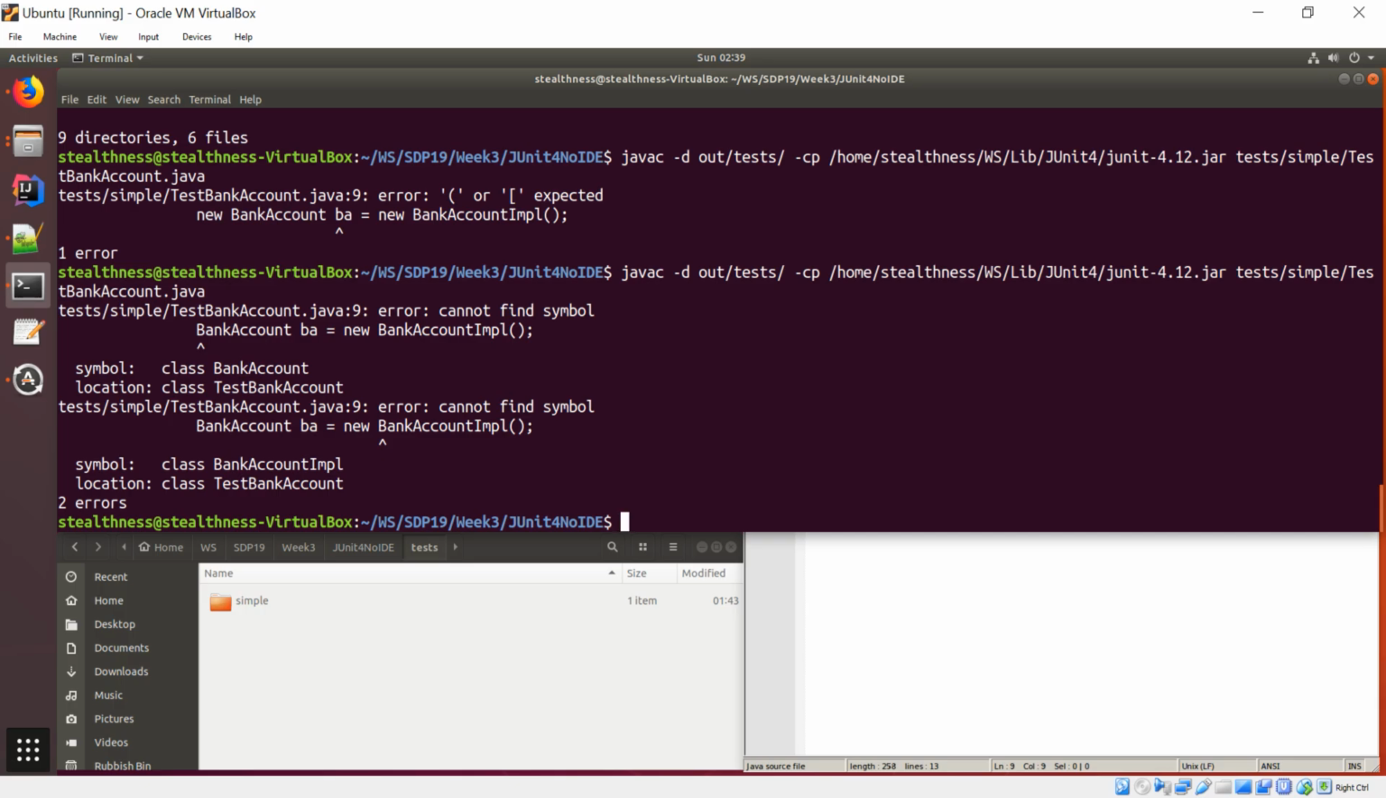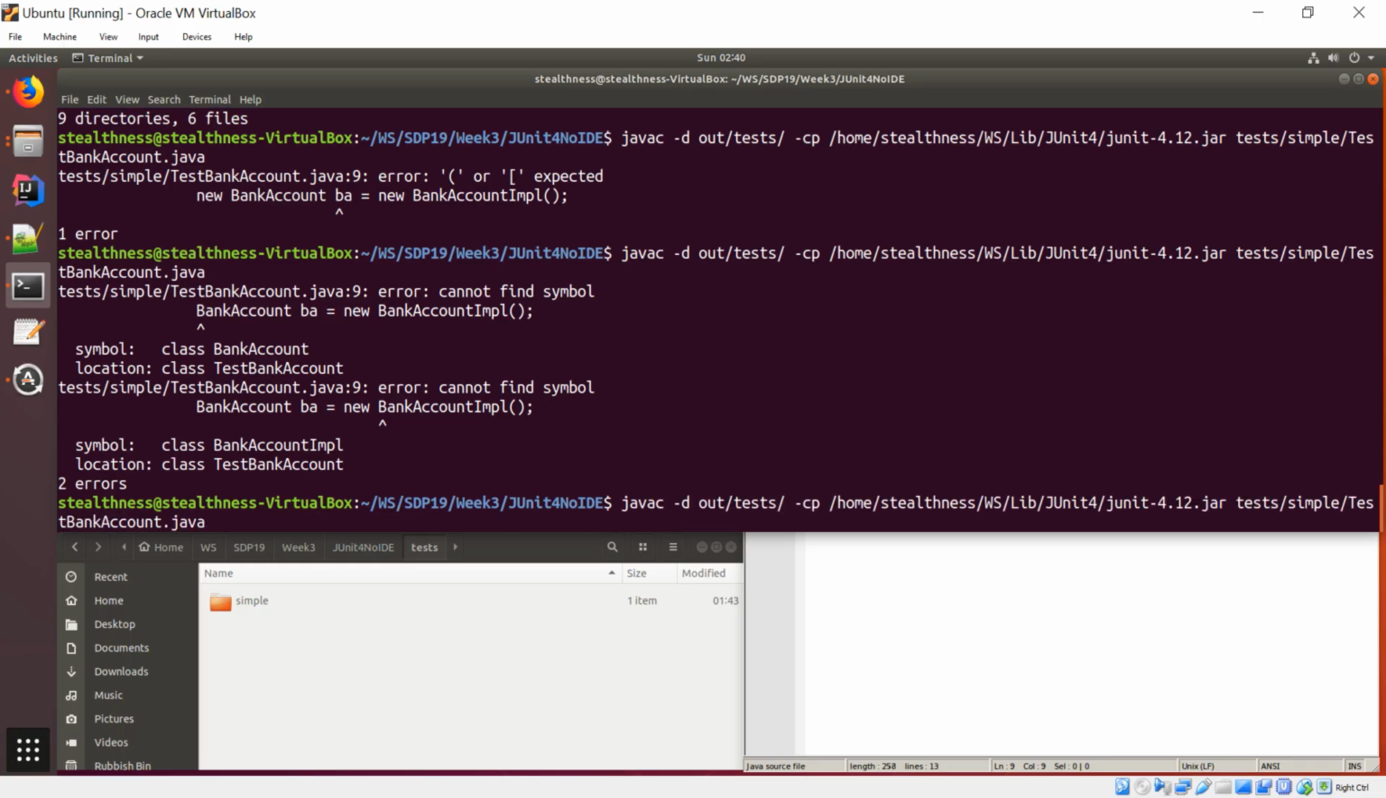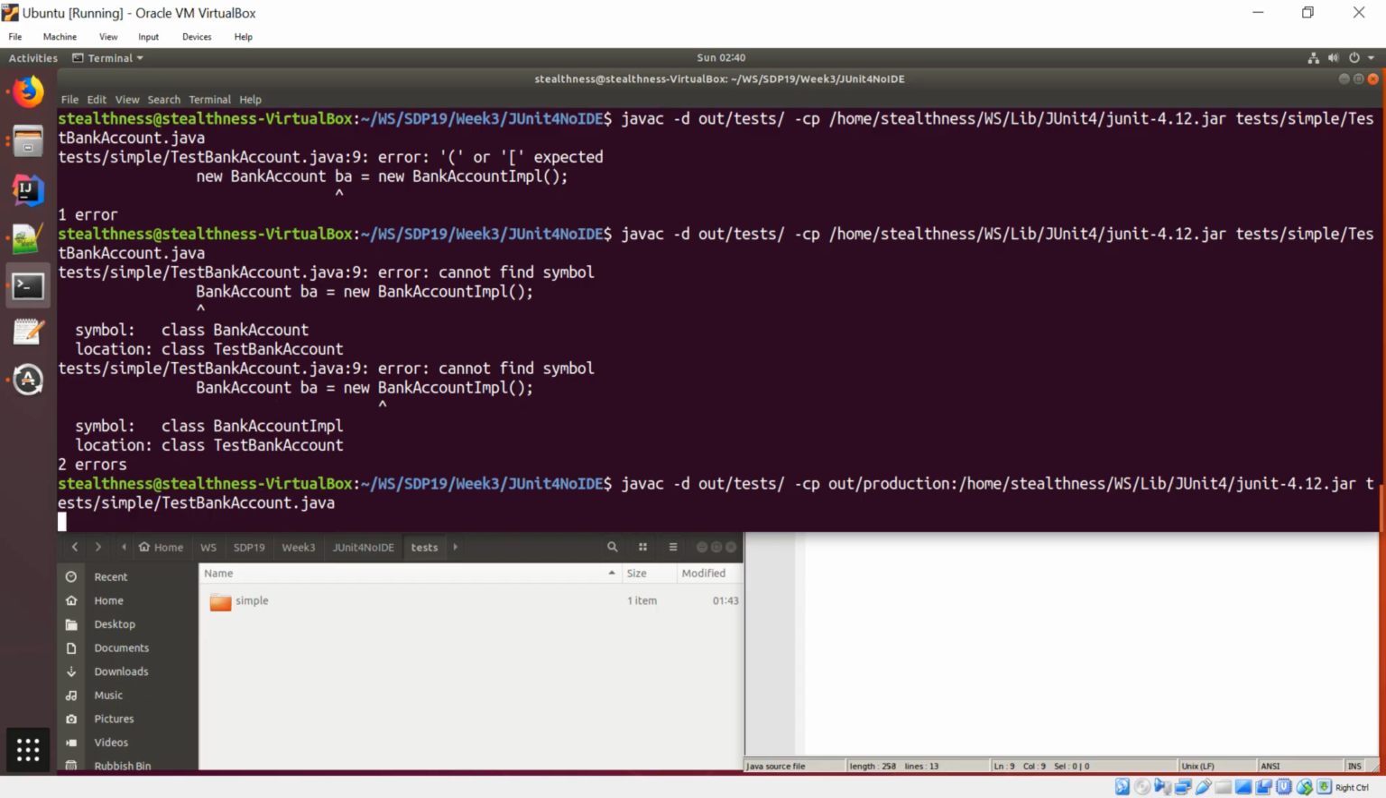Now in this case, the reason why it can't find new bank account is because it actually doesn't know the location, because I haven't actually added it to the class path. So now I need to add the location to the class path. So in this case, it's on out/production, and then there. So when I now run that,